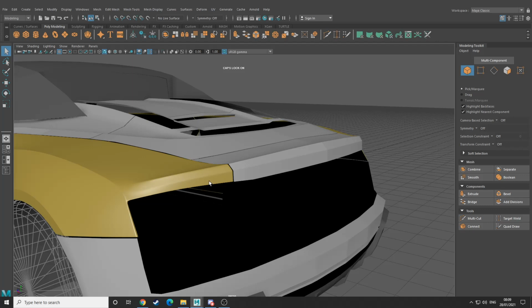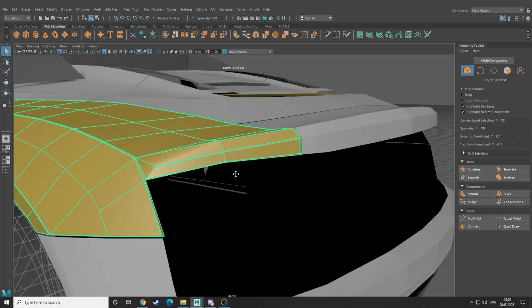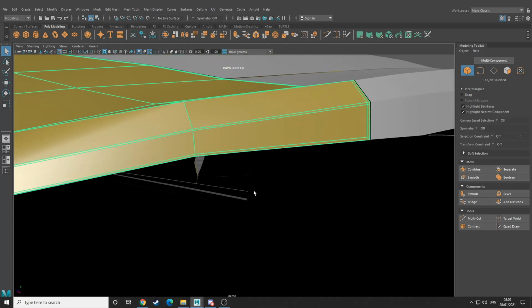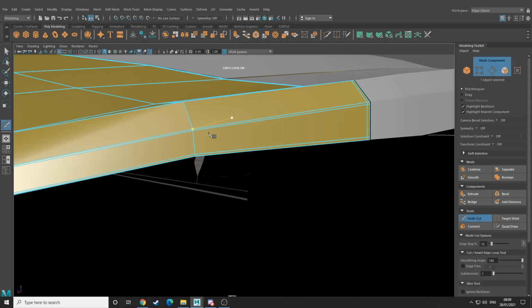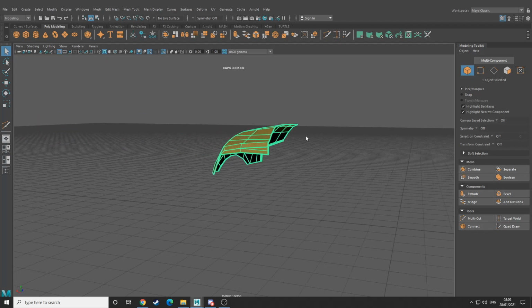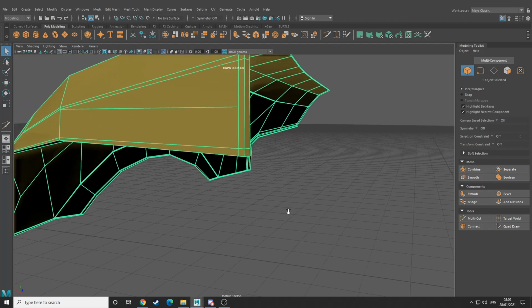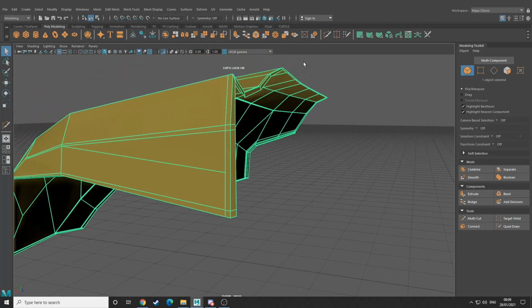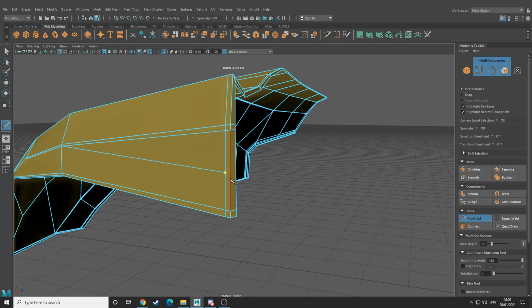So let's maybe start over here, and what it looks like we need to create is a little bit of an indent down here. So in order to do that, I'm going to grab off of this point and maybe to about here. I'm just going to hit enter, so just drawing in a new line there. I'm going to jump into my isolated selection here, and I'm just going to link this all the way around the corner